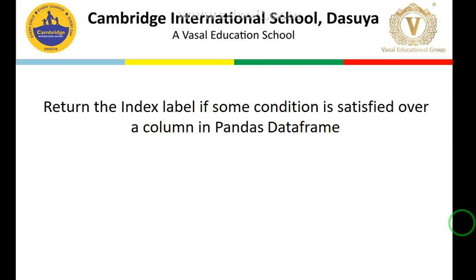It is the same as in the case of tables, let's say in a database. Let's say we have a student table where the information about the students is saved, and we want to search the students who reside in Bukarian. This is basically a condition: we want to search only the students of, let's say, plus 2 class, where all the students belong to Bukarian. So the condition part is that their city should be equal to Bukarian. This sort of condition, when we apply it over a column, is what we are going to cover today.